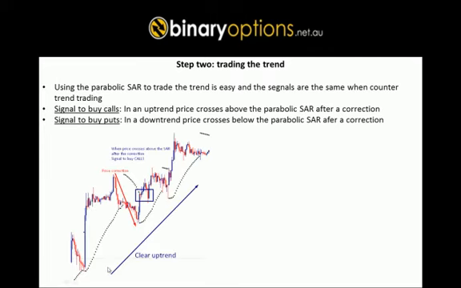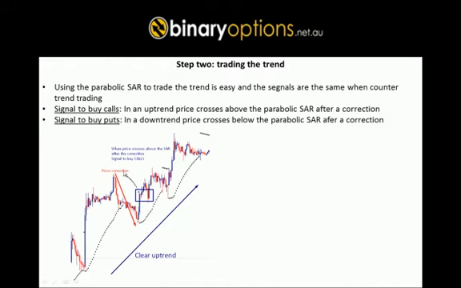You can see here that we are in a clear uptrend because the Parabolic SAR is being plotted below price action. But when we hit this high right here and we start to make a correction, remember that when price is trending, we always get corrections to be able to either buy the dip in an uptrend or sell the rally in a downtrend. But in this case, we are in an uptrend, so after price starts to correct and hits this low, you can see that when